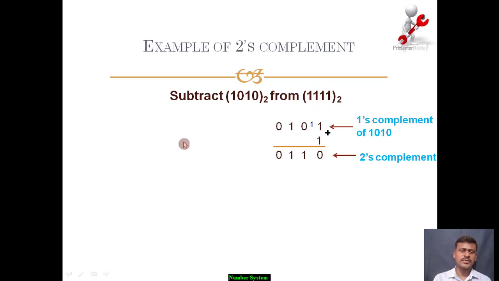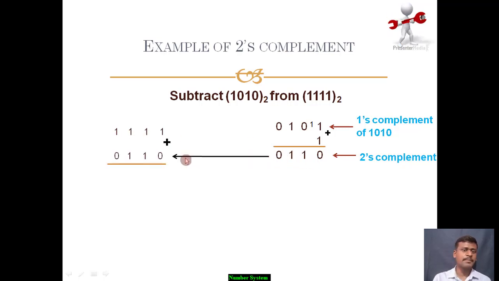So we will take this number first, 1 1 1 1 1 1 1 1 1. To this we will add the 2's complement number, that is 0 1 1 0, right? So how will we add this? By binary addition, that is 1 plus 0 is 1, next 1 plus 1 is 0 as the answer, 1 will be carry, 0 as the answer, 1 will be carry. Next 1 plus 1 is nothing but 1 will be carry, 0 is the answer.